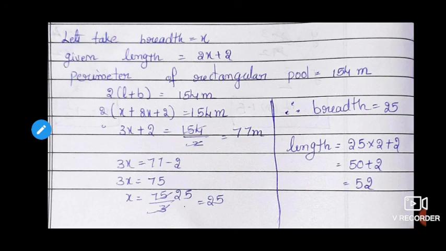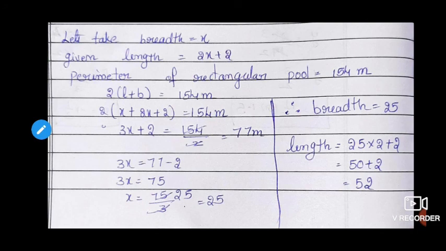Here we have to find the value of x. So send the remaining all to that side. Inside the brackets, x plus 2x we will get 3x plus 2, and the multiplication by 2 will go to the other side as division, 154 by 2, that is 77 meters. Now 3x equals, the plus 2 will go to that side as minus 2. So 3x equals 77 minus 2, 75. Now x equals, the multiplication by 3 will go to that side as division by 3. So 3 ones are 3, 25 are 75, x equals 25.